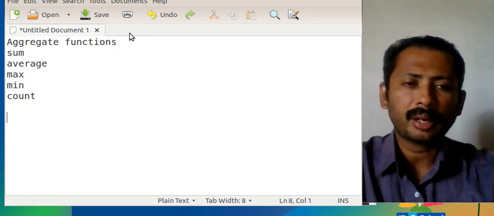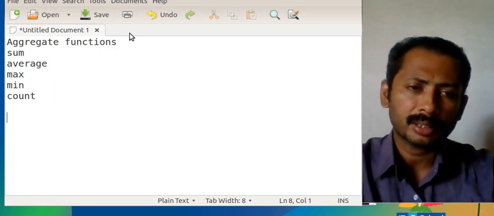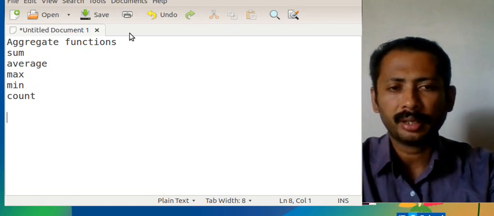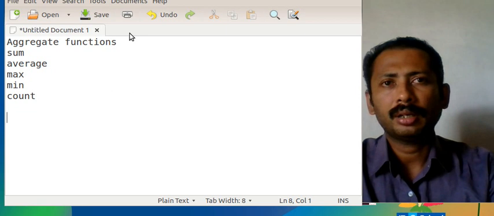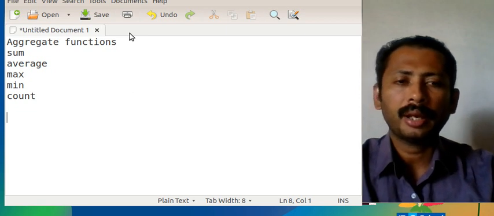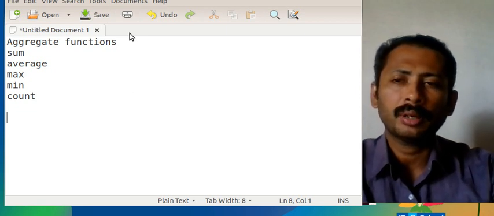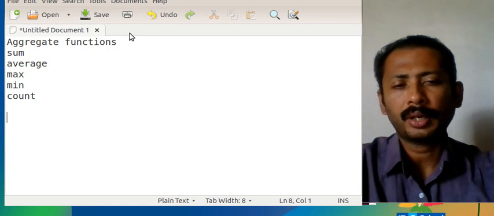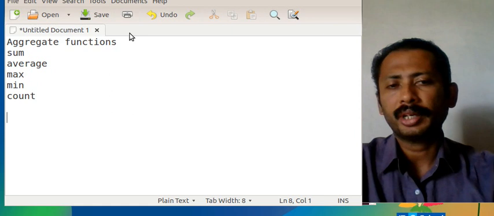And here also we can combine conditions: sum of marks where name like a percentage. We can give it like that because this is a query, and as we use the where clause in a query, we can use the where condition here also.